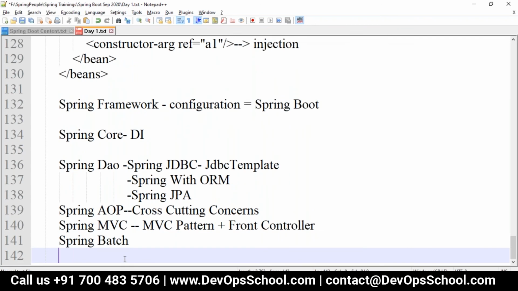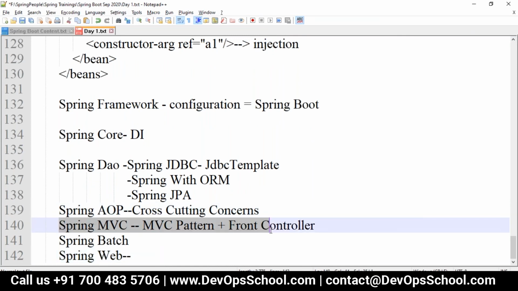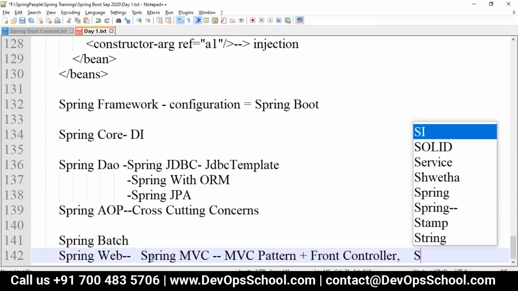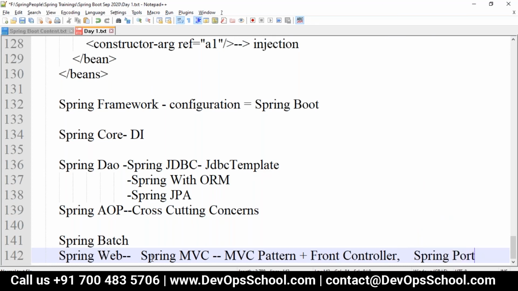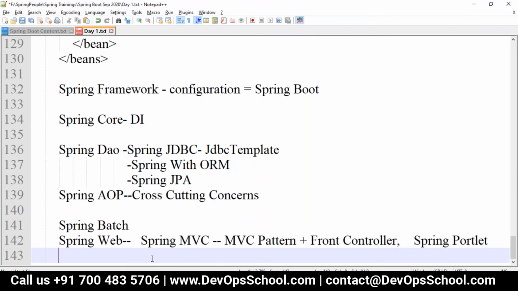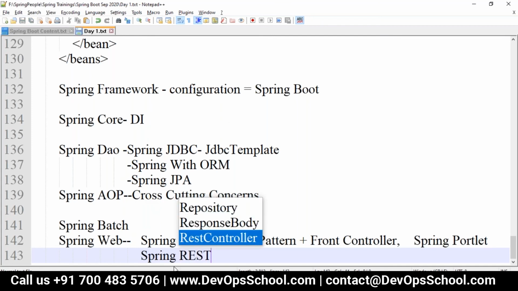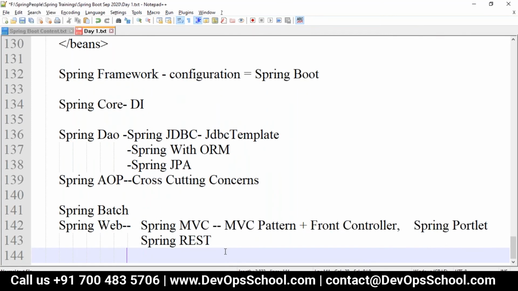Then we basically have Spring Web, and under Spring Web we have Spring MVC. Then we have Spring Portlets, which is to develop a portal application, Spring with Portlet. And we have Spring REST. And then we have Spring Security.